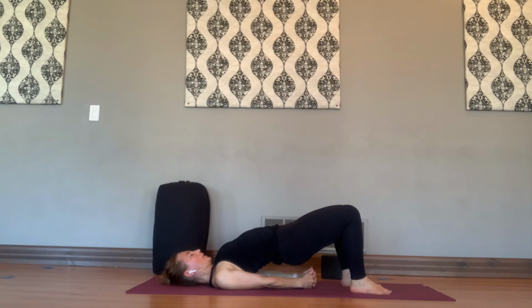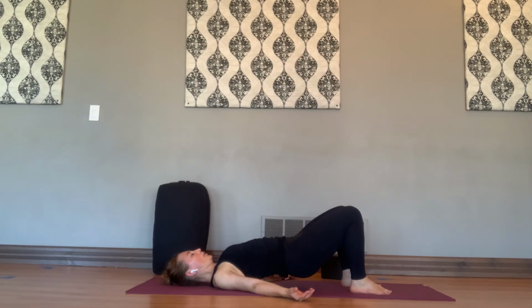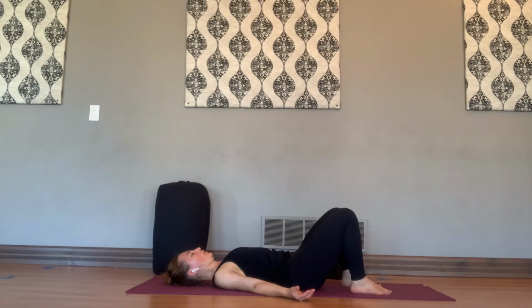If the hands are interlaced, release them out of the way. And then gently bring your hips softly, softly back down to the ground. Release the upper back and shoulders flat, and just take a moment here in stillness, reflecting on what your body feels. Breathing in